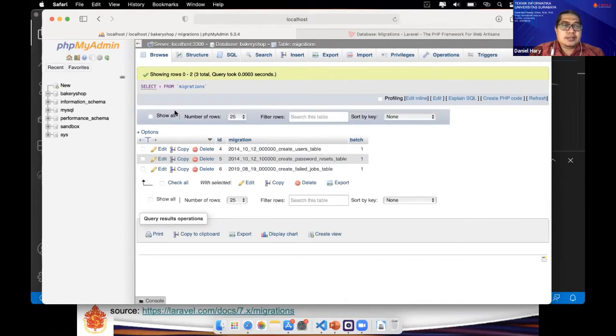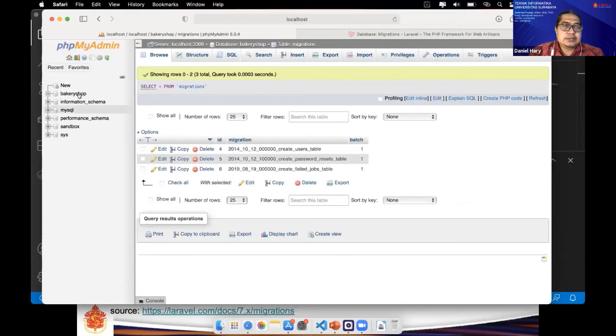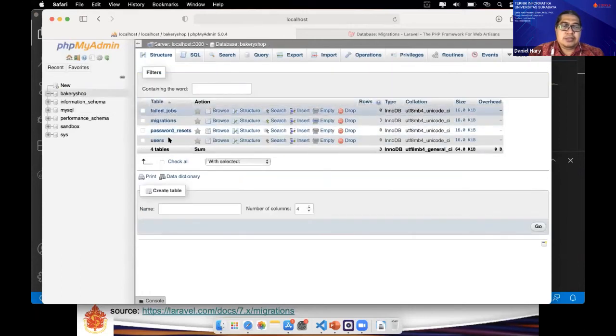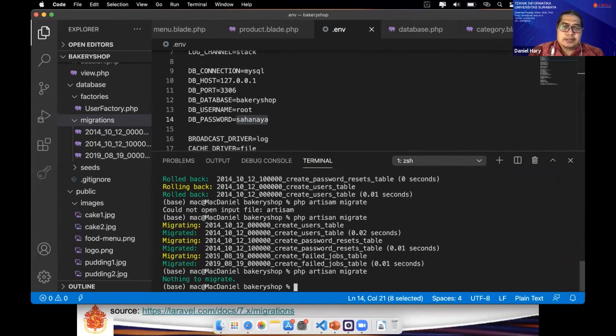Okay. And because I already ran it again, the other 3 tables are swapped. After I run the migration, it cannot be run again. For example, if I run PHP artisan migrate again, it will say nothing to migrate.